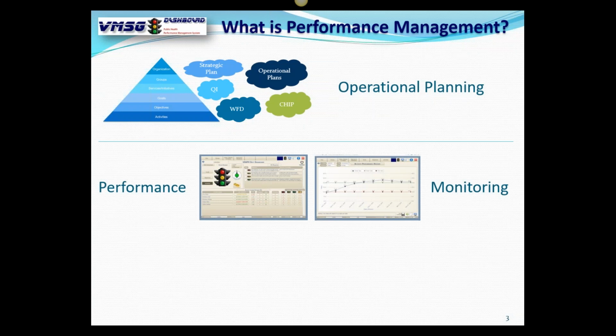So in the dashboard, we have two levels of performance monitoring tools. The macro level, which is the overall, how's the department doing? Or how's WIC doing? Or how's emergency preparedness doing? And it gives you that big picture. I'll show you more about that. And then we have what we call